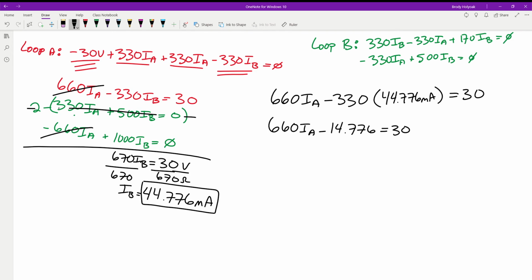We add 14.776 to both sides. So we have 660 IA is equal to 44.776 volts. We divide both sides by 660 ohms. And IA comes out to be